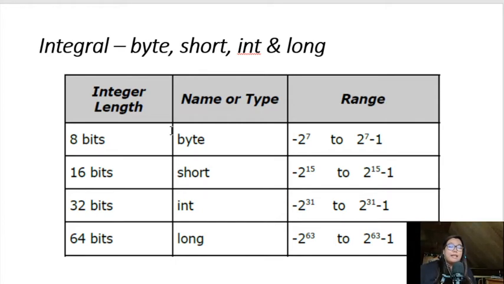So byte is the smallest and long is the largest, the biggest numbers you can store. We have 8-bit for byte, 16-bit for short, 32-bit for int, and 64 bits for long. This will determine the purpose of your use of integral. If you're just going to use maybe 2 digits, you can use byte,